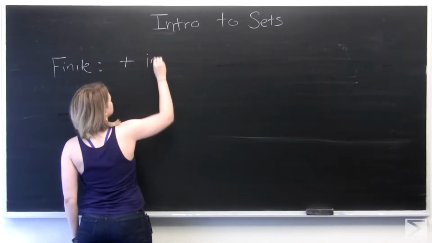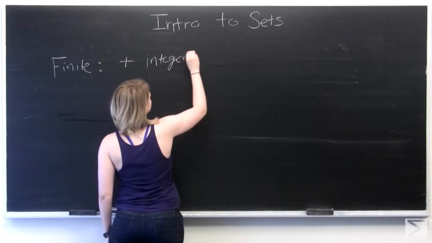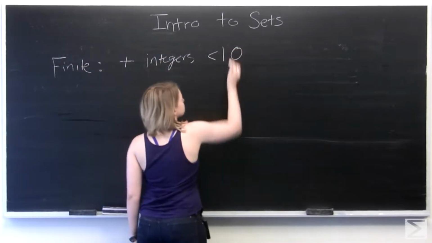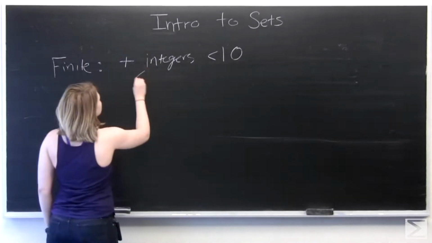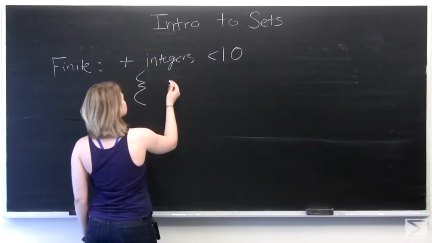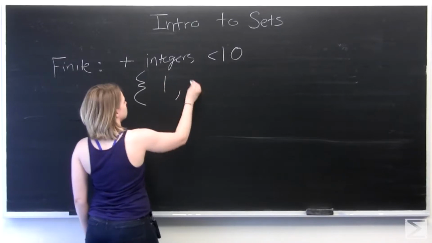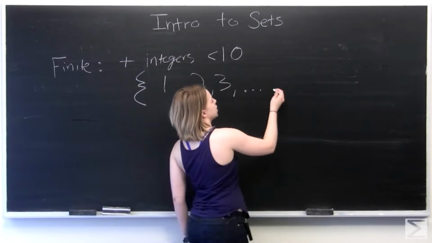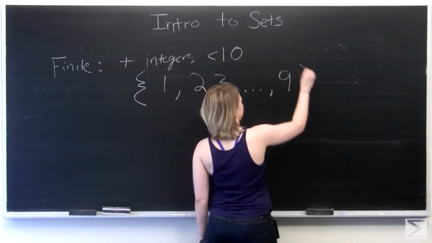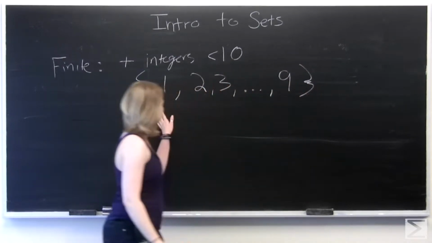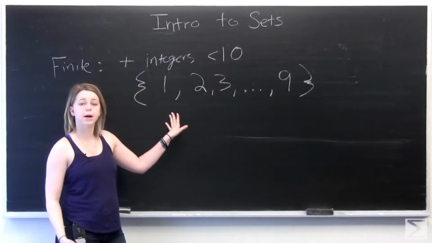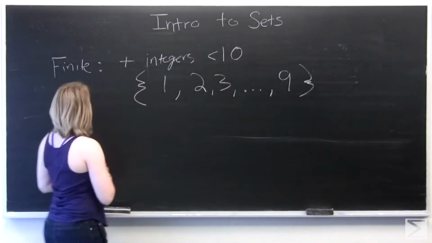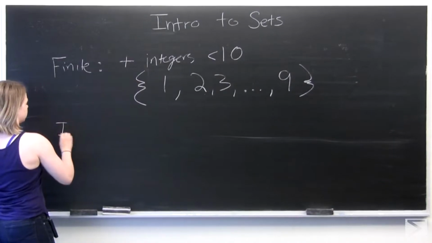And so this set would be written like this: 1, 2, 3, and we can use an ellipsis here, all the way to 9. So this is our set of positive integers fewer than 10. And there are also